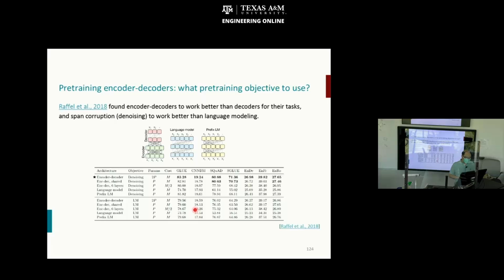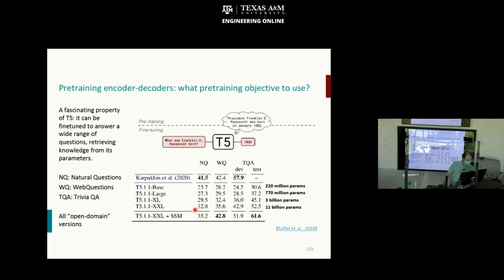And they found that this encoder-decoder works better than decoder-only for their tasks, and the span corruption works better than language modeling for the pre-training. Okay. Any questions so far? This is an example about T5, for instance. T5 can be fine-tuned to answer